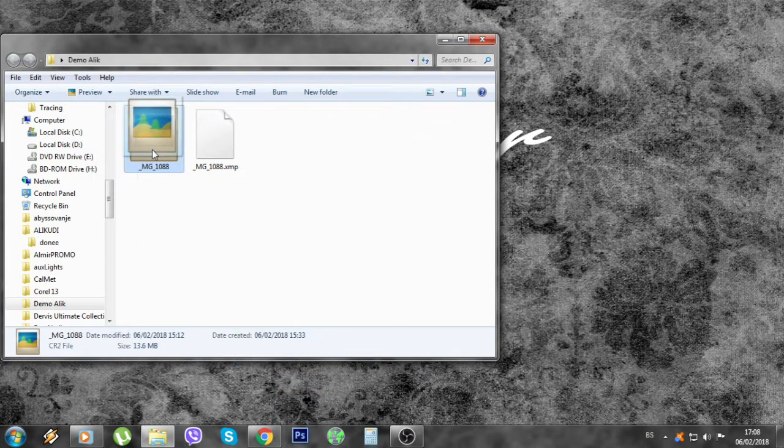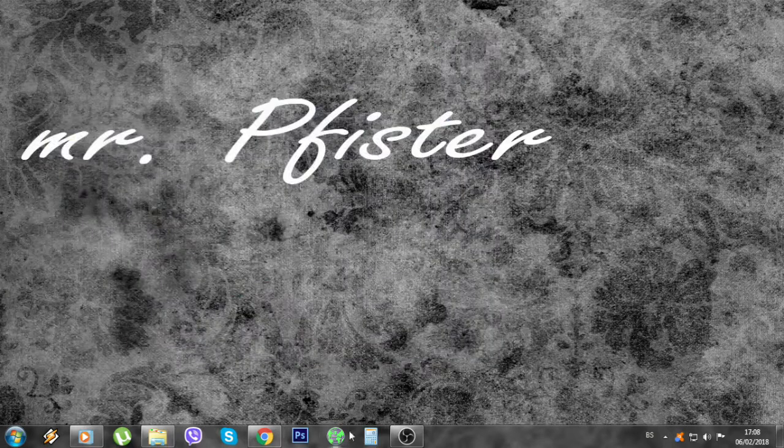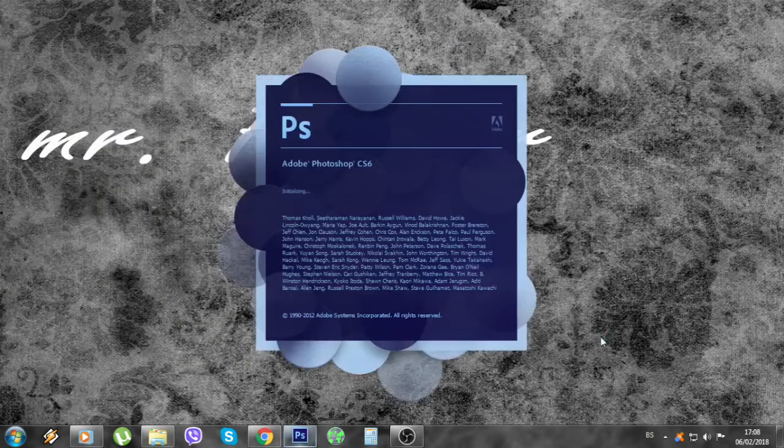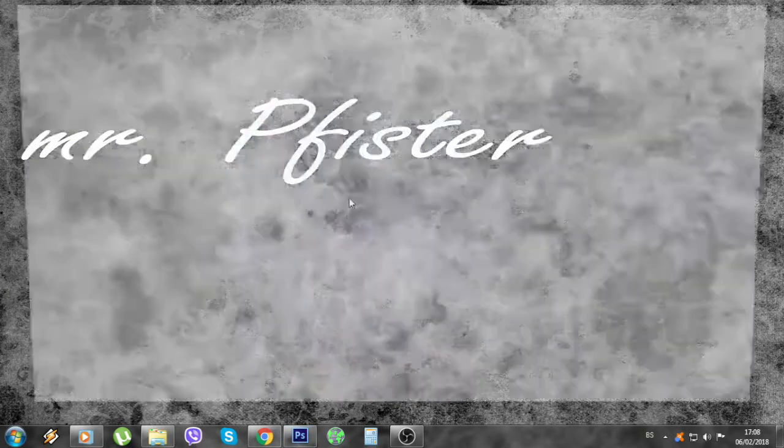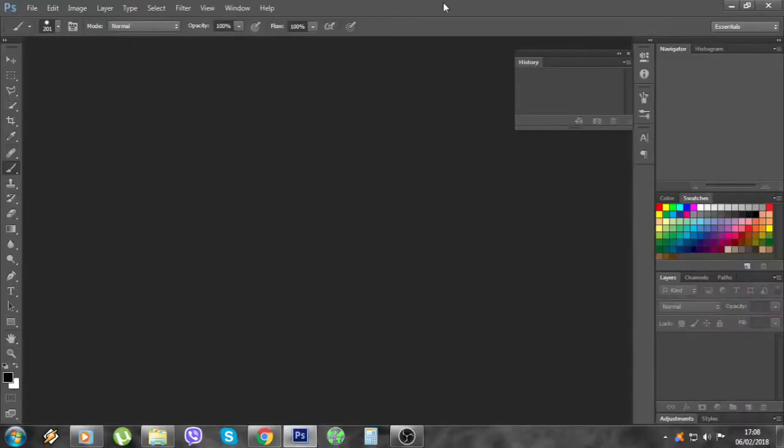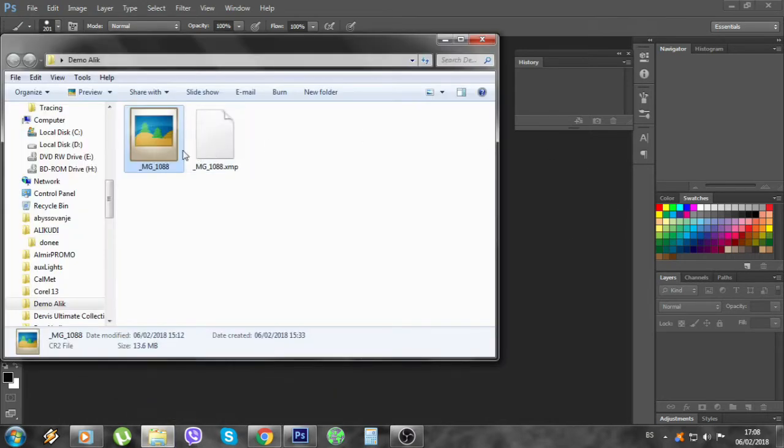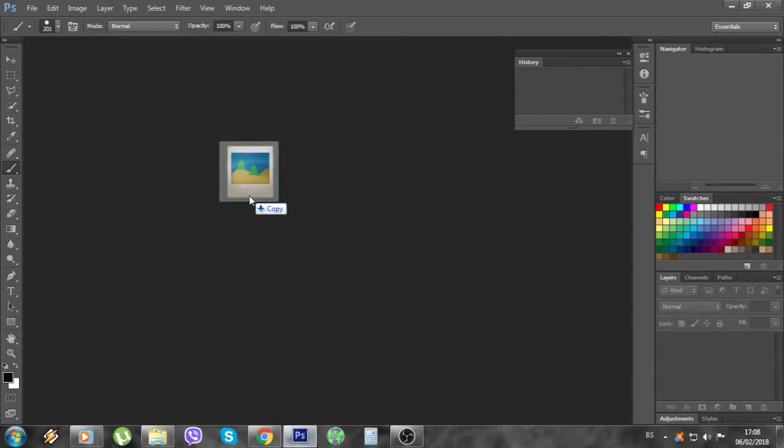Oh wait, maybe I should start Photoshop first though, right? Yeah. Click, we start Photoshop. We're using the CS6. So this is a standard layout of the Photoshop. Now, for the image, you pull it on a Photoshop icon, you put it in the window,